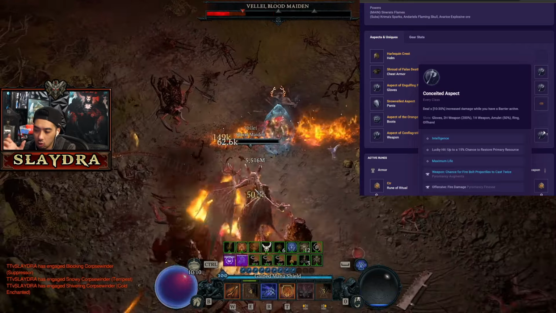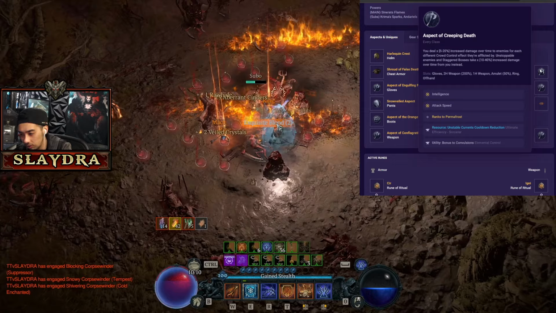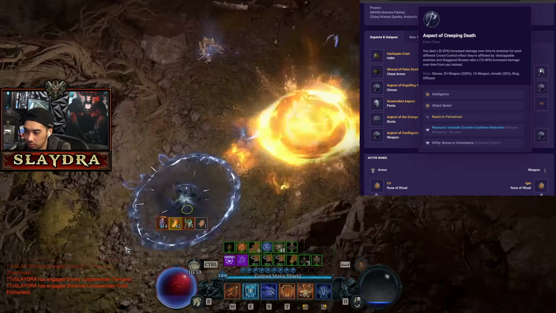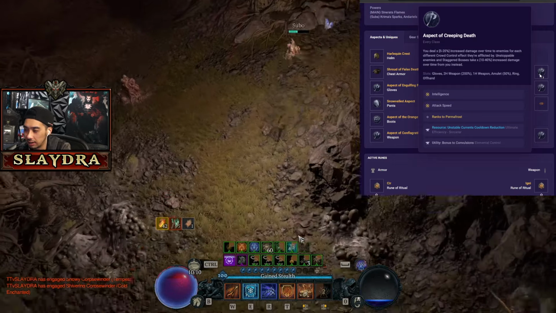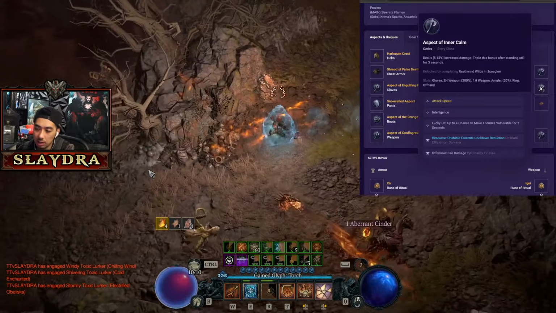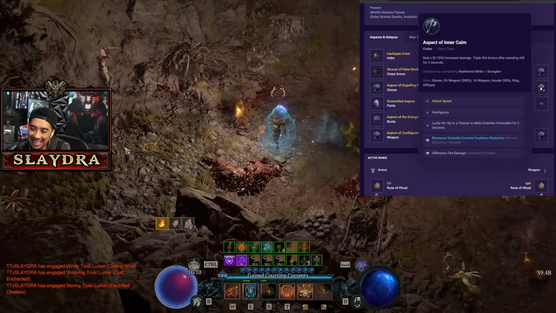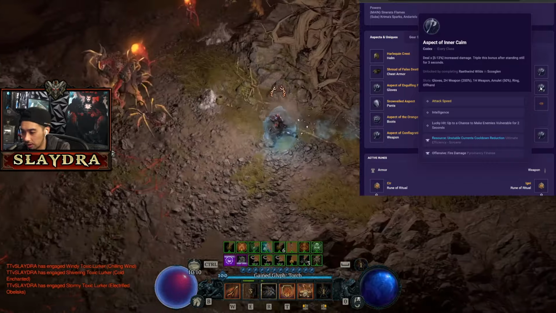But you can run also Conceited. If you want to play a one-handed, you can also get cooldown reduction. It's up to you on your rolls of stuff. And then Aspect of Creeping Death is what you want to try to get. We can run Permafrost over here. It's a really easy thing to get a good multiplier because all you need is one frost skill. Then Inner Calm. This is an excellent thing. And then you also want to try to get Lucky Hit Chance to make enemies vulnerable on something